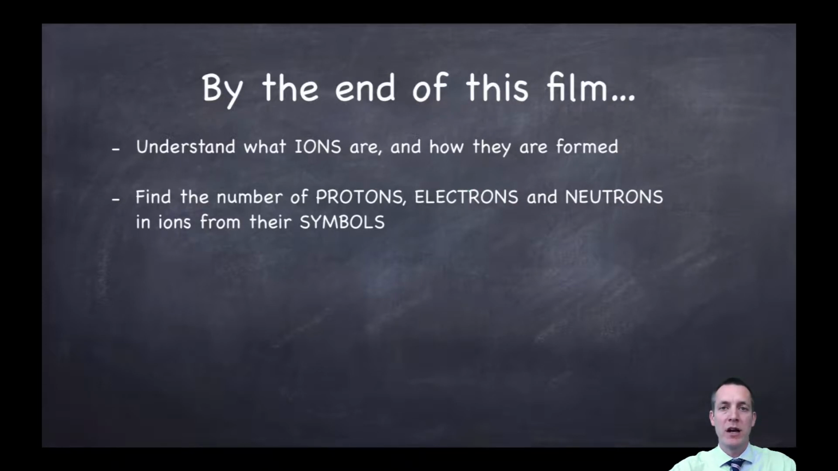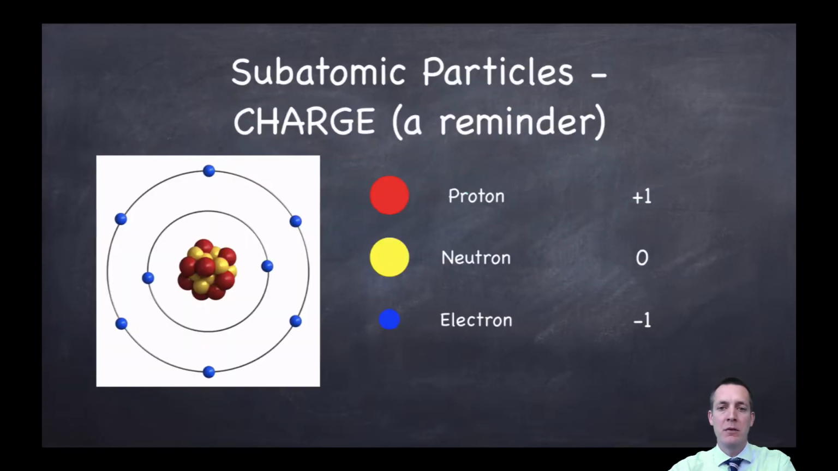We're going to try and figure out how many protons, neutrons, and electrons there are in some ions by looking at some symbols. Now, before we do that, let's just remind ourselves of what we said about subatomic particles, and in particular about their charge. So we said when we were looking at these things that protons have a charge of +1 and electrons have